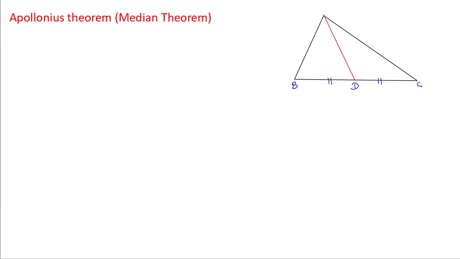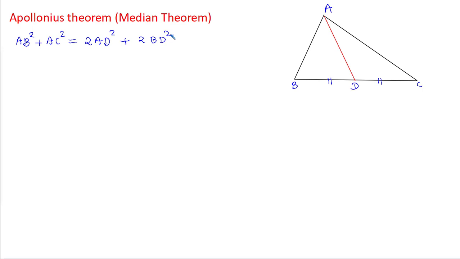Okay everyone, over here this is triangle ABC where AD is a median. In this diagram, AD is a median which is drawn on side BC. So the Apollonius theorem is: the sum of squares of the other two sides, on which the median is not drawn, AB square plus AC square, is equal to twice the median square, that is twice AD square, plus twice any one part of the third side square, that is twice BD square, or you can say twice DC square. So this is Apollonius theorem.